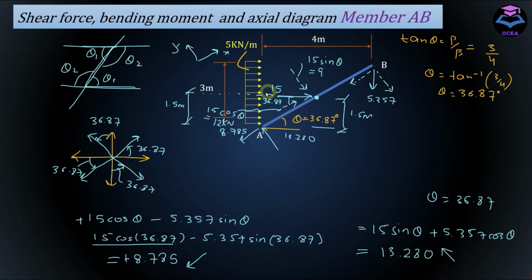After calculating the components of the resultant force coming from the UDL, we just need to divide these components by the length of the member, and let's assume the length of this member is L. This angle here, since a Z pattern is forming, is equal to 36.87 as well. From here, this is going to be the perpendicular and this is going to be the base, and if I use Pythagoras theorem, L squared is equal to perpendicular squared plus base squared. L from here can be calculated as